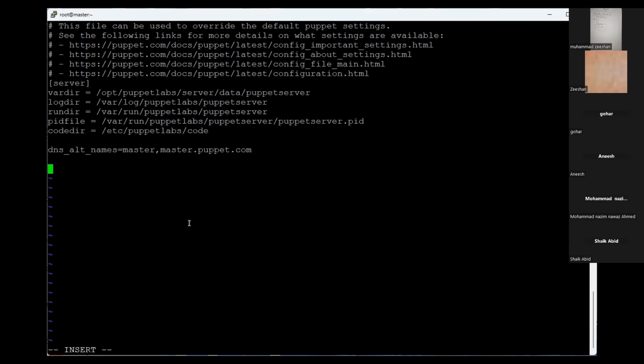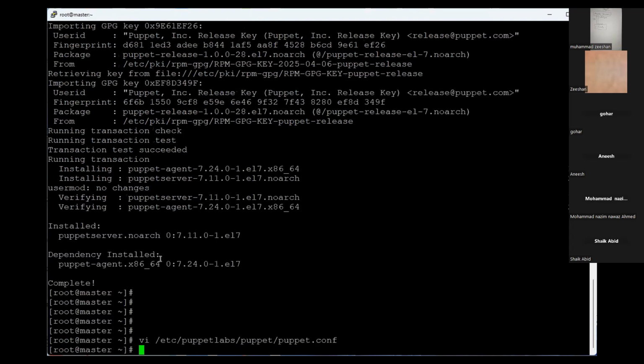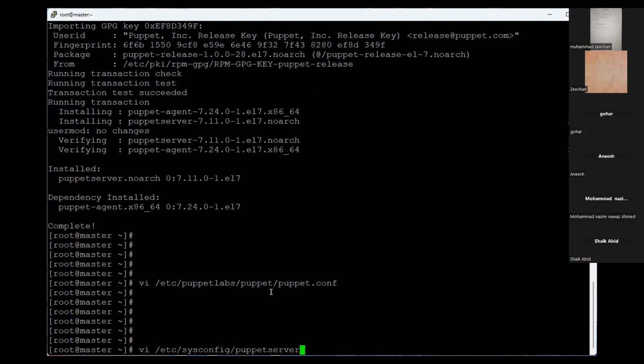So I have told it, and there is a small addition. It's just the installation, pretty much simple. We have server block, we have main block. In that, I am saying my certificate name will be this. My server will be master.puppet.com. The environment is production, and the run interval is 1 hour. Everything will be pushed to the master after 1 hour. Okay, it's not for production, but if I am running in lab environment and I have less RAM available,